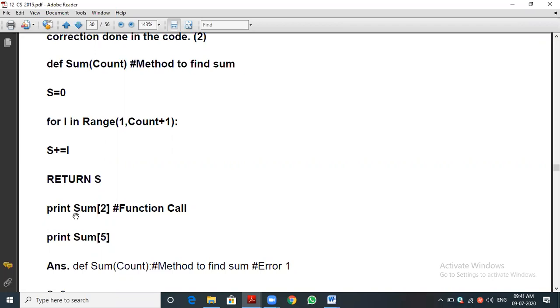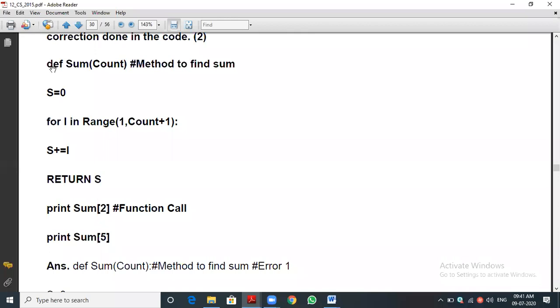Where the main function is, you can see the function called print. What is the thing? Bracket is needed. Bracket of sum of 2. So what is sum? It is not defined. First mistake. Then we are passing. Function is there, colon is missed. def sum count. 2 will be received by the parameter count. Here the bracket should not be given as square brackets. Sum of 2, of course, we should give parenthesis instead of square bracket. Correct. Print of sum of 2, in the sense of parenthesis we need to give. Then that call statement is okay.